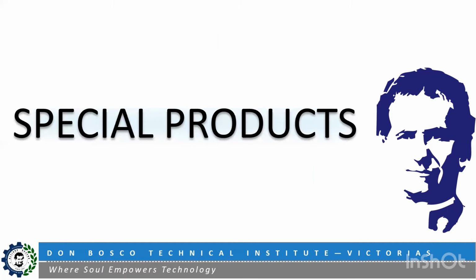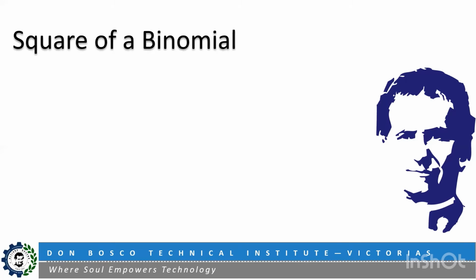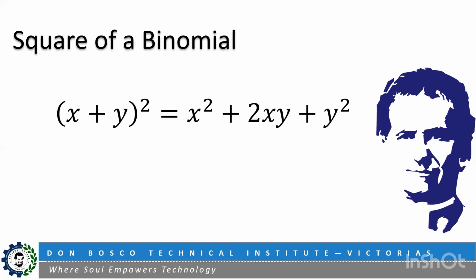There are many other patterns to recall in multiplying polynomials. Some will result to special products. Examples of these special products are the following. The square of a binomial, wherein if a binomial is multiplied by itself, the resulting trinomial is patterned wherein the